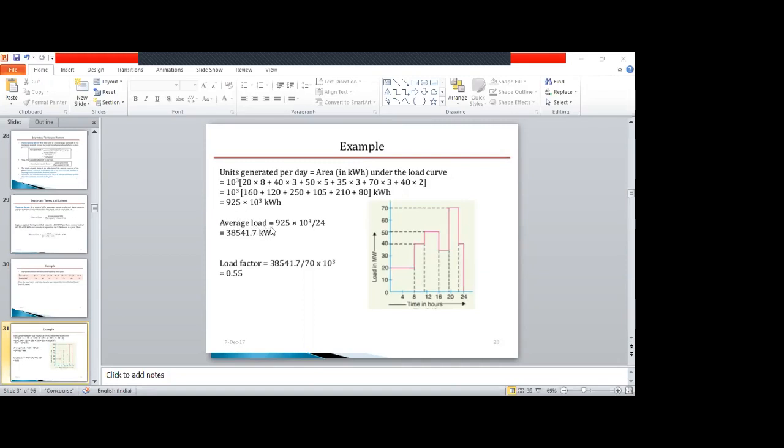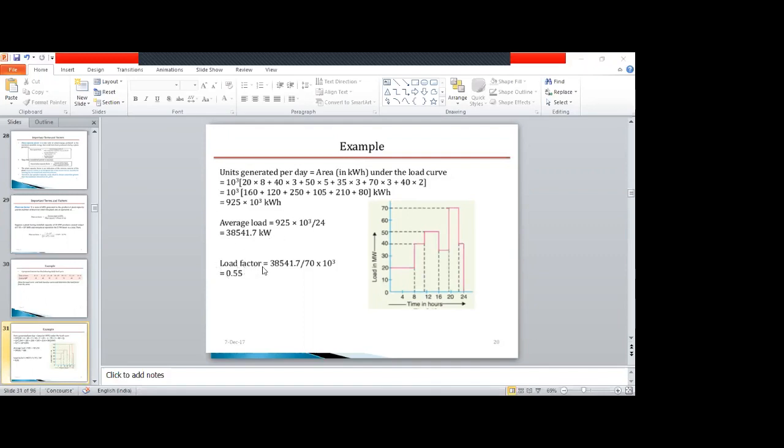Now, what is average load? Average load will be expressed in kilowatts or megawatts, depending upon the value. If it is a very large value, we will express it in megawatts. So this will be kilowatt hour divided by hour. That will give kilowatts, is it not? Kilowatt hour divided by number of hours. Here it is for 24 hours. If it were calculated for 1 month, the corresponding number of hours has to be considered. Similarly, if you are asked for annual load factor, the number of hours will be 365 into 24. Here it is for daily, 1 day, so 24 hours. So we will get the average load.